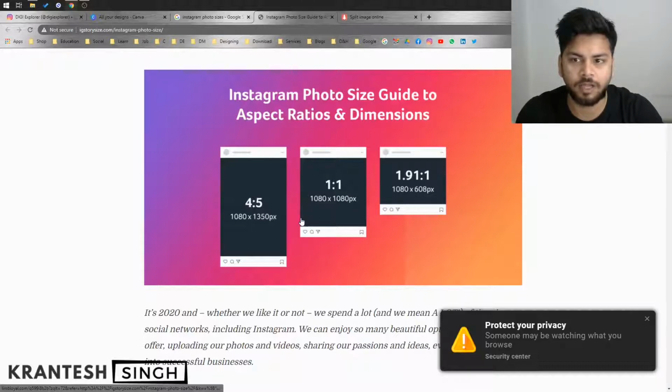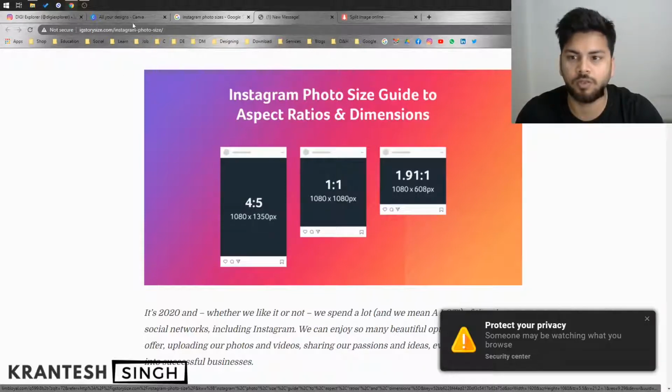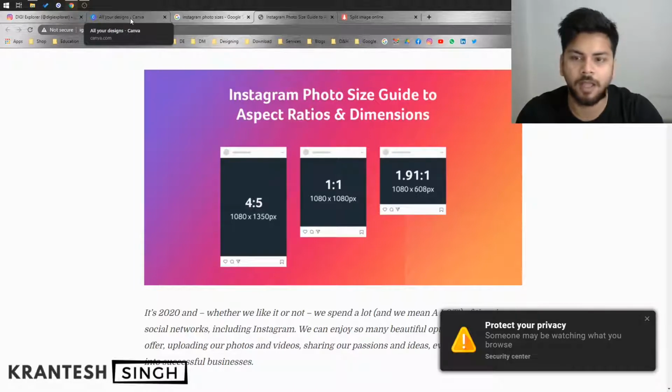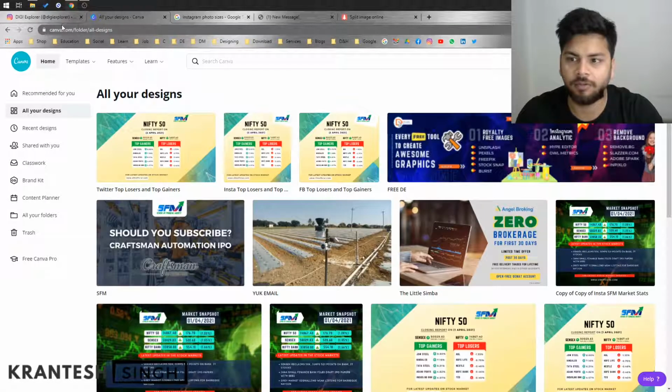After you visualize the design in your head, whether you are going to create a 1:1 ratio or a 4:5 ratio, according to that we are going to use a free tool, Canva, to create these carousels. I will show you how I create them in this video, so you can stay till the end of the video to get everything from it.